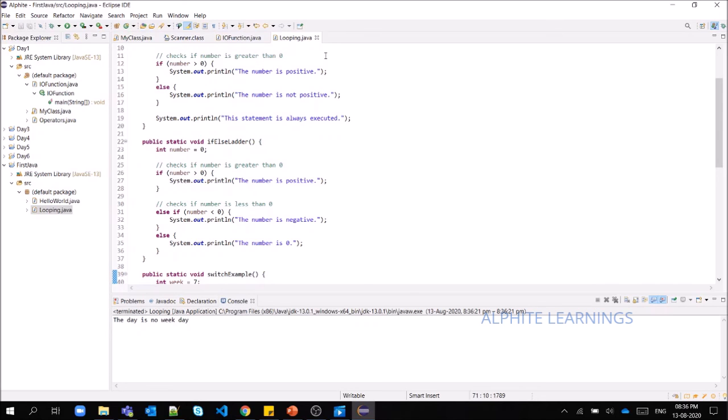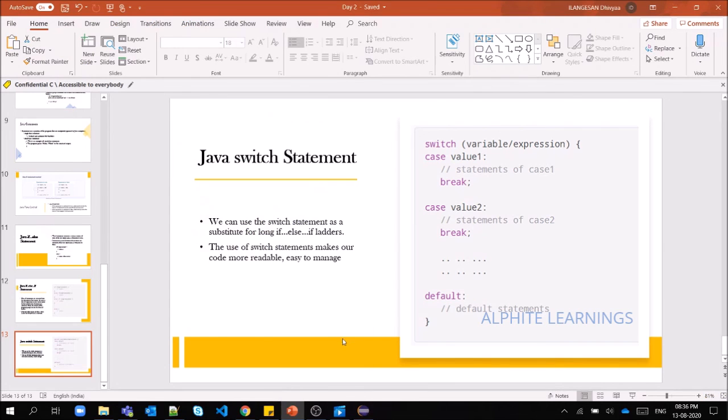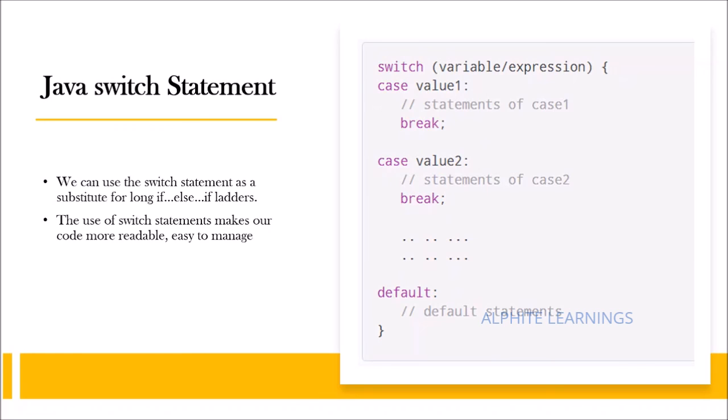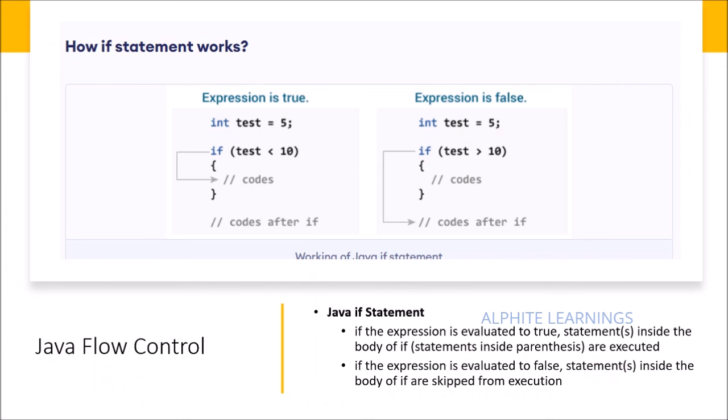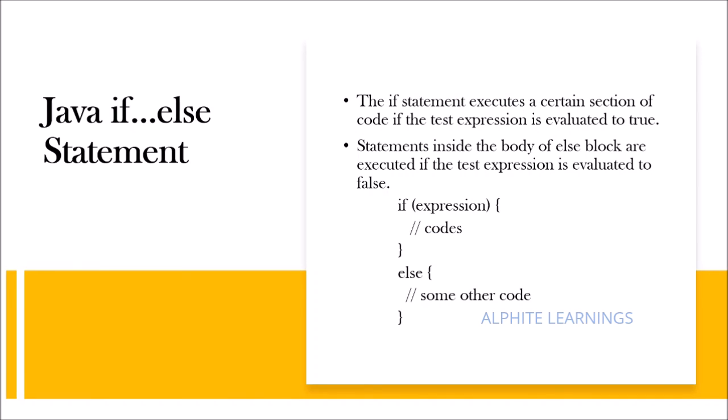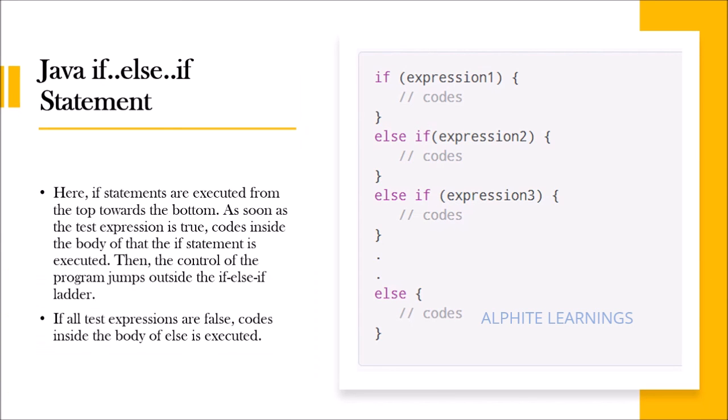So let us stop the class today with this. You can try this. It is not an issue if you are not trying the variables and operators, but I request you to try the if else ladder and switch at least, so that you will have some understanding of how the conditions work, and it will help you. You yourself can come up with any scenarios, and you can check and work on them. Okay. Thank you.